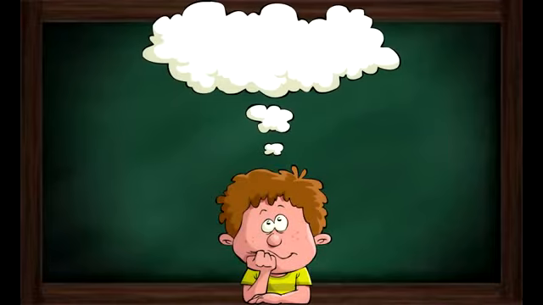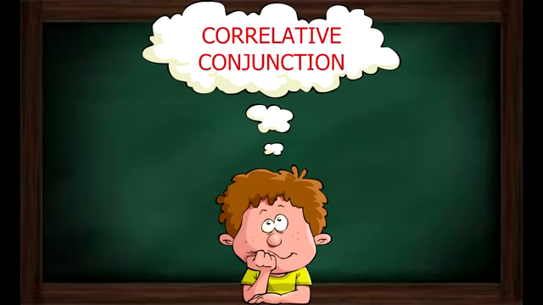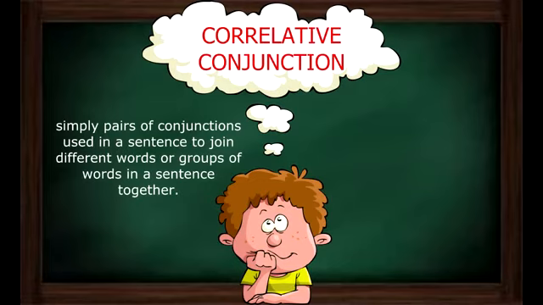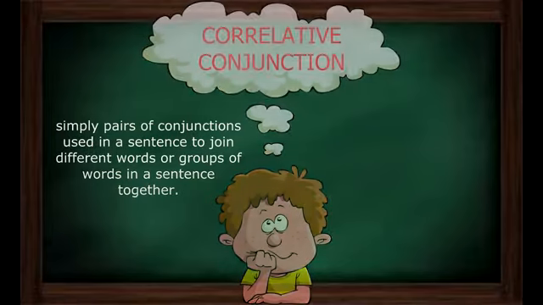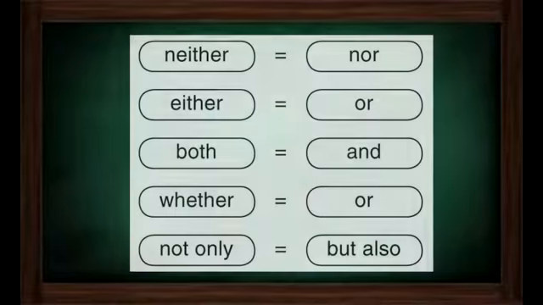The third category, correlative conjunctions. Correlative conjunctions are simply pairs of conjunctions used in a sentence to join different words or groups of words in a sentence together. Correlative conjunctions are generally not used to link sentences themselves. Instead, they link two or more words of equal importance within the sentence itself. Some of the more commonly used correlative conjunctions are